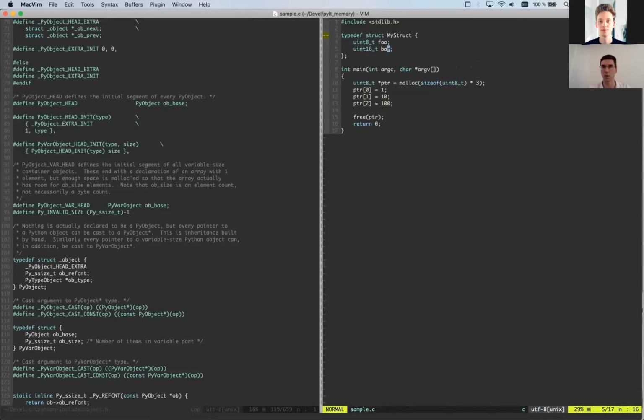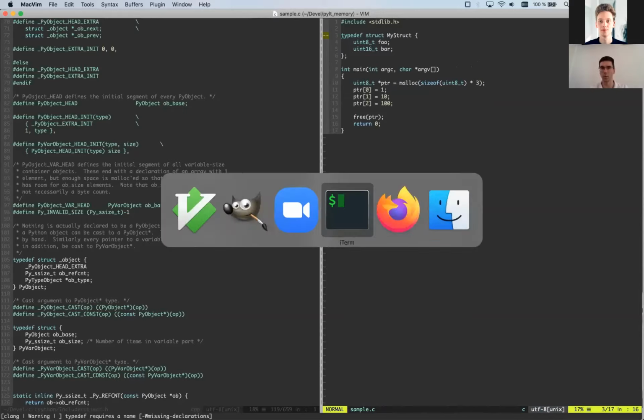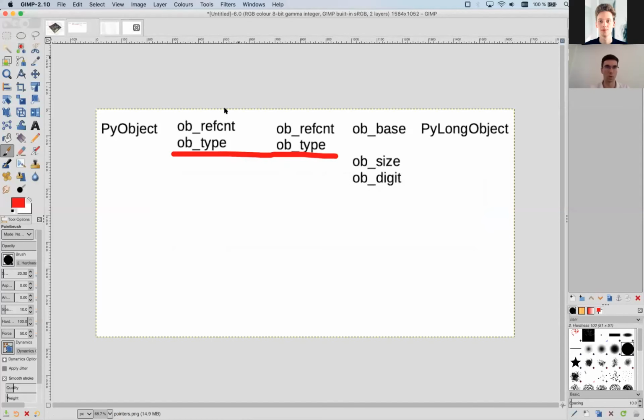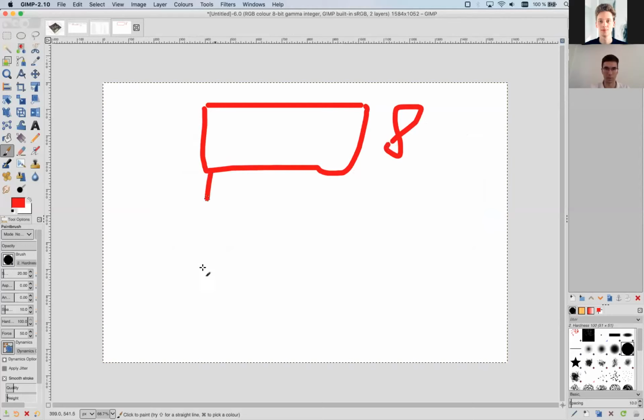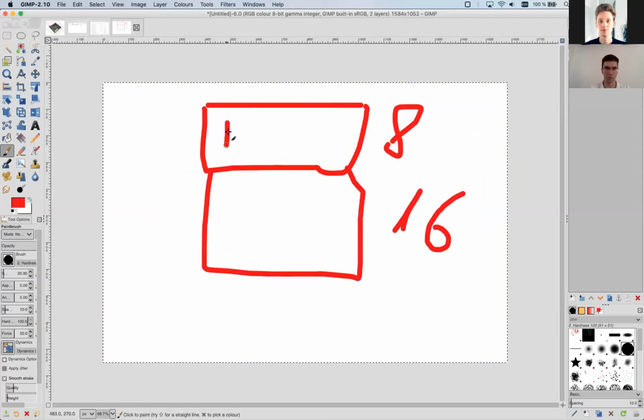So after the compiler passes everything, in memory this structure is going to look like that. 8 bytes for the first, for foo, I mean, and 16 bytes for bar.